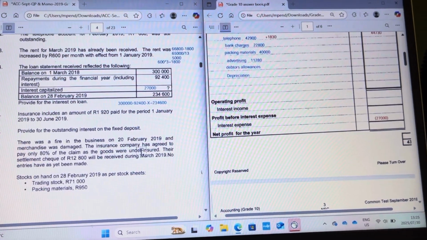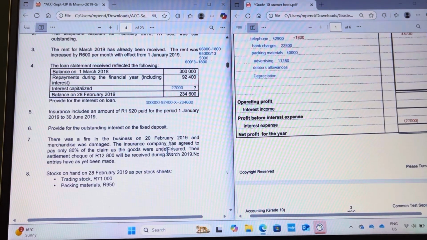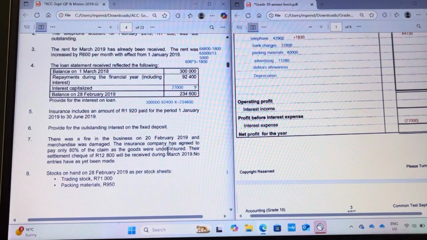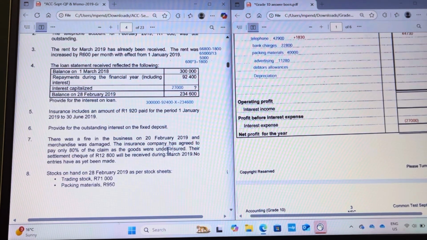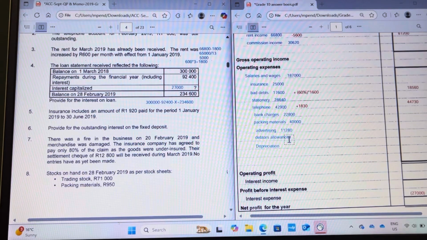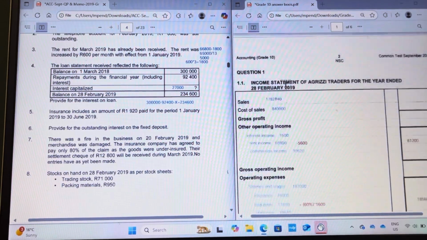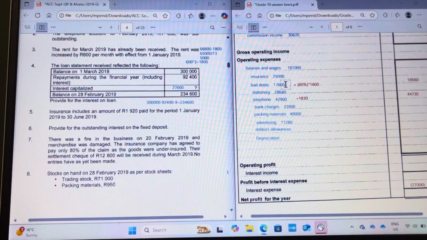Then we're moving on. Transaction 5 says that we need to provide for the outstanding interest. Okay, no, transaction 5, not 6. It says that insurance includes an amount of 1,920 paid for the period 1 January 2019 to 30 June 2019. Let's go to our insurance amount. So included is 1,920, which was for 6 months, 1 Jan till 30 June. But we only want 2 months, which is Jan and Feb, of that